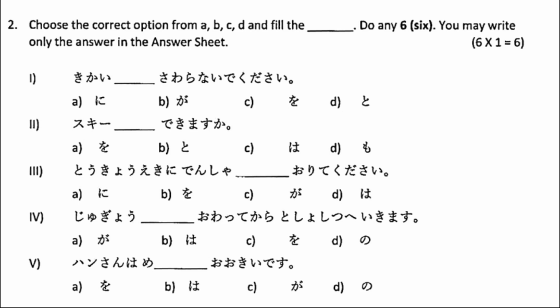The first sentence is 機械 dash 触らないでください。The options are に、が、お、と。The correct option here will be に and the sentence will become 機械に触らないでください。The second sentence is スキー dash できますか？ The options are お、と、わ、も。The correct option here will be わ and the sentence will become スキーはできますか？